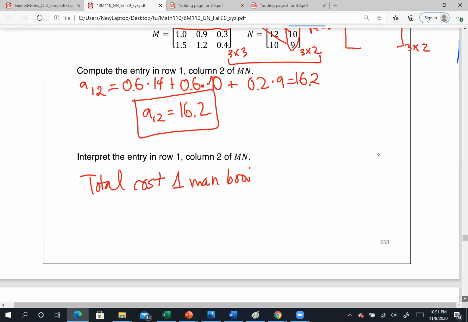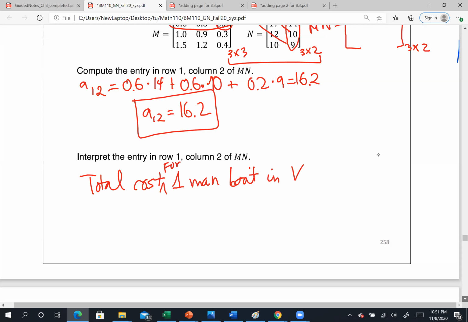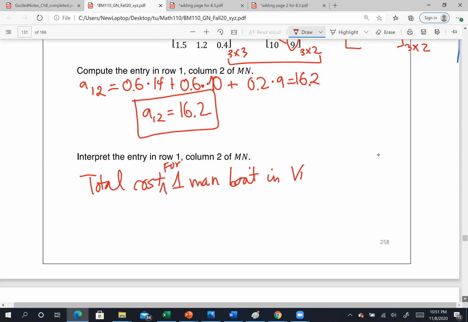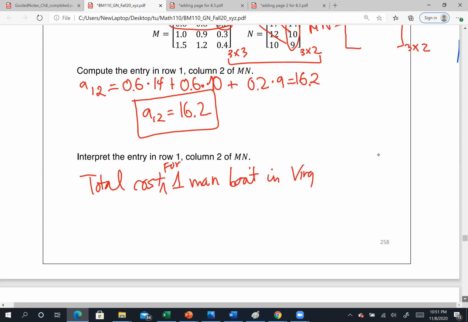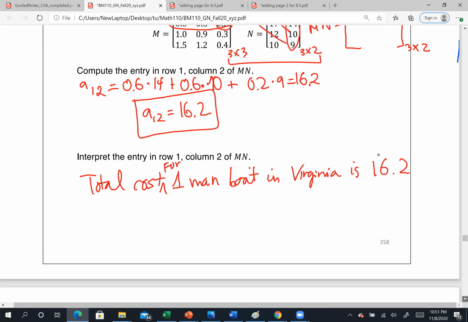Okay. One man boat. For one man boat in Virginia is $16.2. Okay,